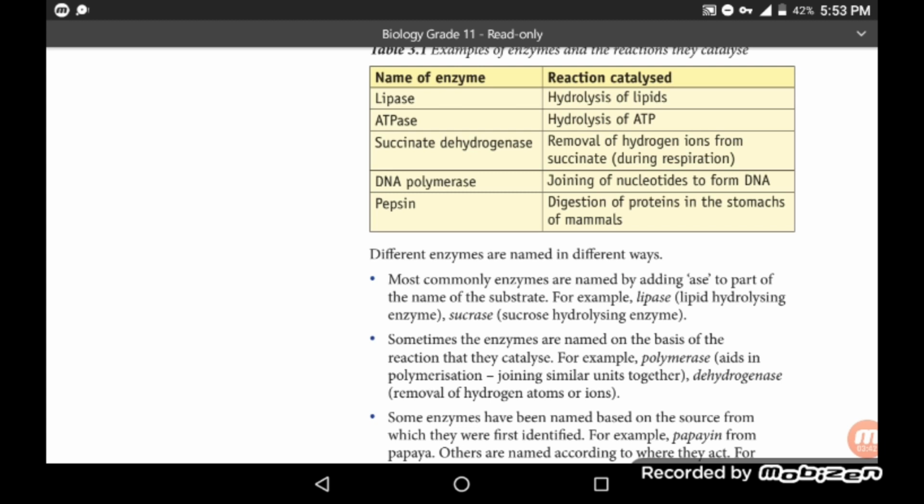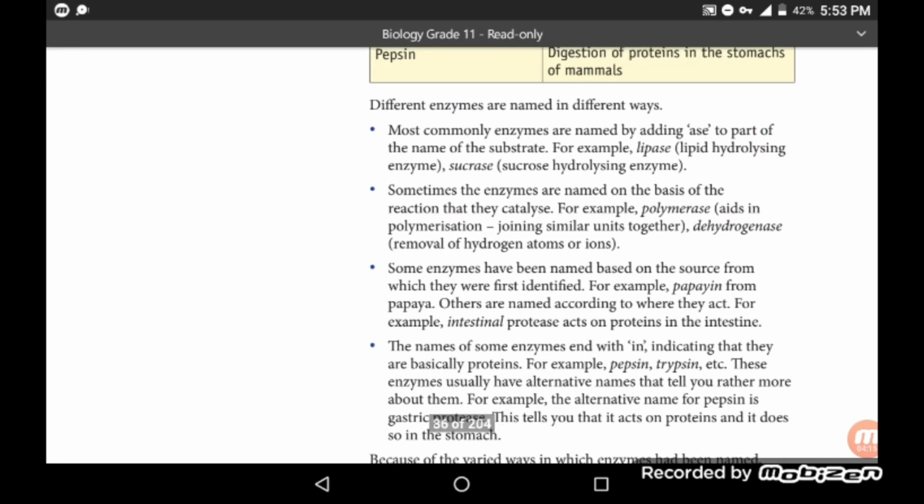And pepsin. Pepsin is a digestive enzyme involved in the digestion of proteins in the stomachs of mammals. The mammalian stomach produces enzymes which are pepsin. Different enzymes are named in different ways, and most commonly enzymes are